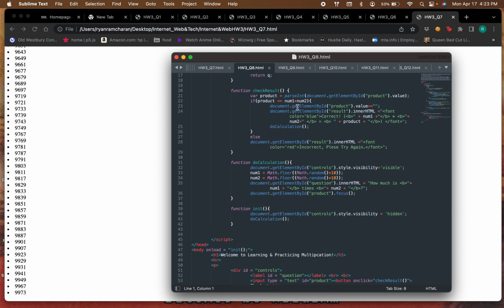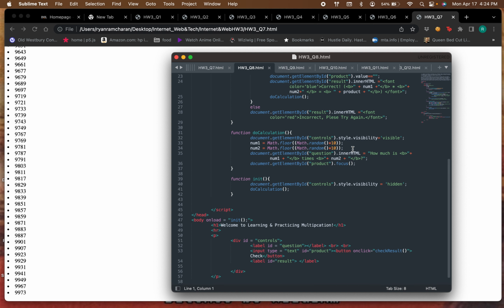then document.getElementById product .value equals blank. document.getElementById result .innerHTML equals font color blue, Correct, break, plus num1 plus num2 equals the product, and then it does the calculation. Else it would say in red, font color red, Incorrect, please try again. Then we made another function,